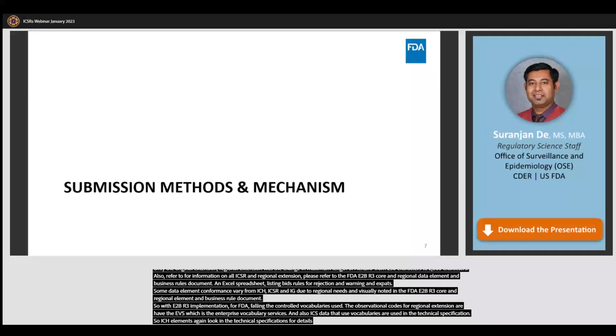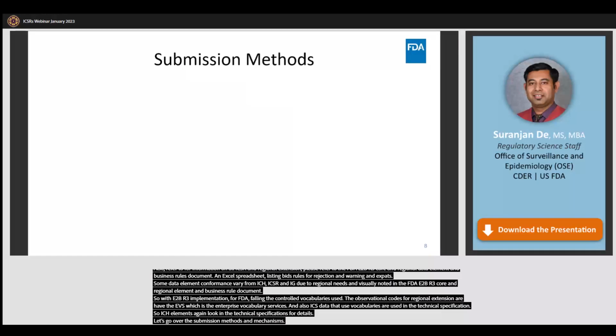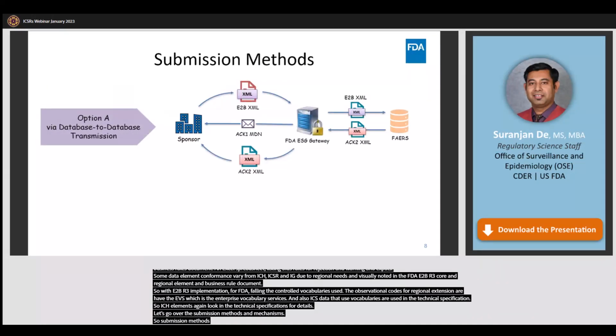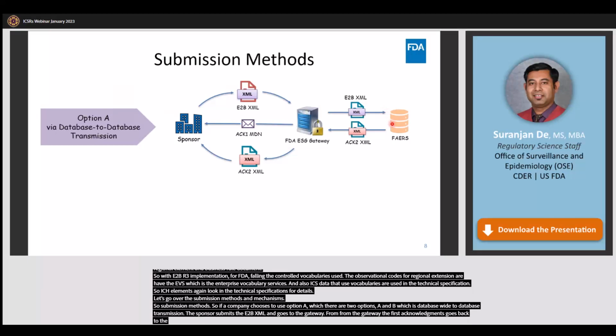So let's go over the submission methods and mechanisms. There are two options, A and B. Option A is database to database transmission. The sponsor submits the E2B XML and it goes to the gateway. From the gateway, the first acknowledgement, or the MDN, goes back to the sponsor. That XML goes into the FAERS database. FAERS then sends a second acknowledgement to the gateway, and then the sponsor picks up the acknowledgement too